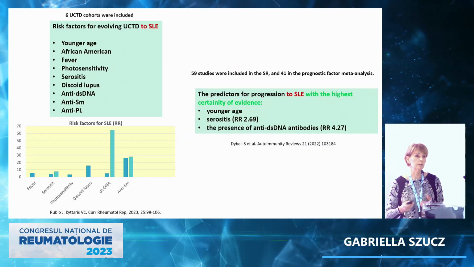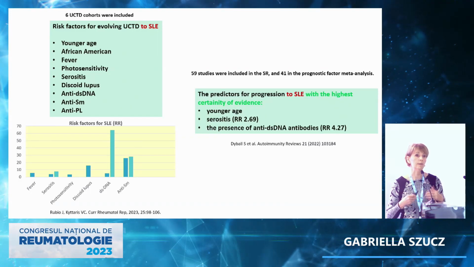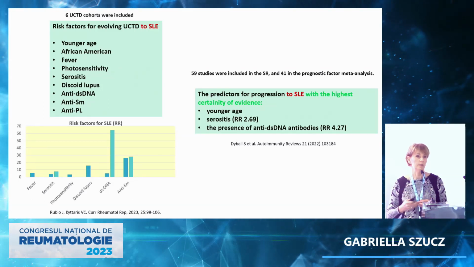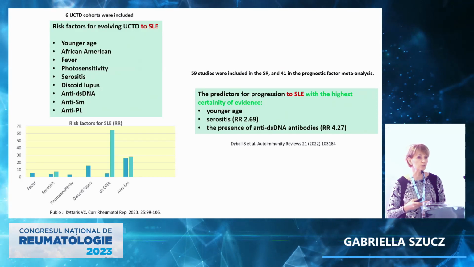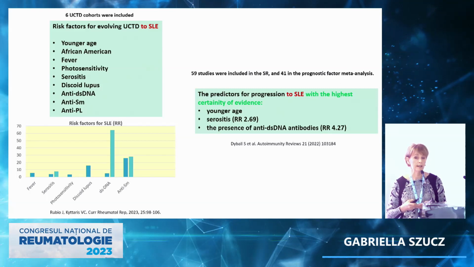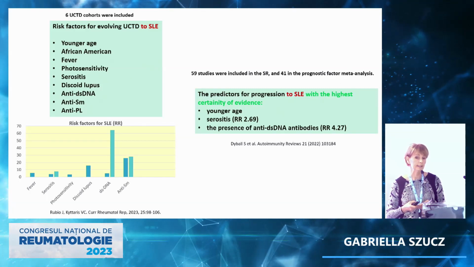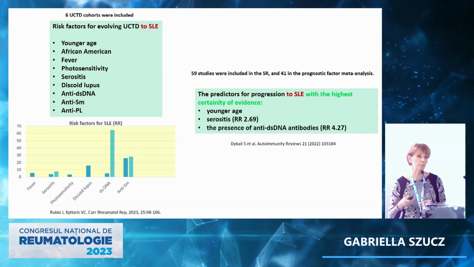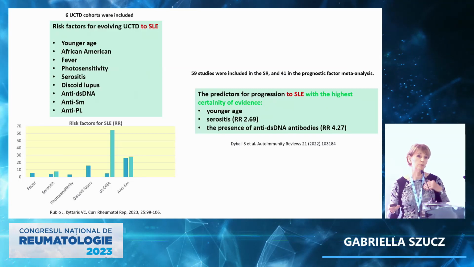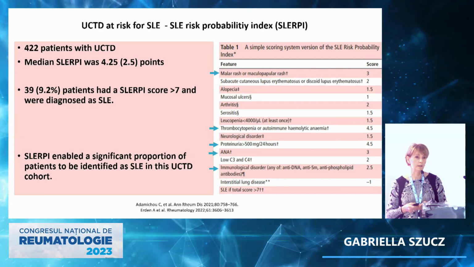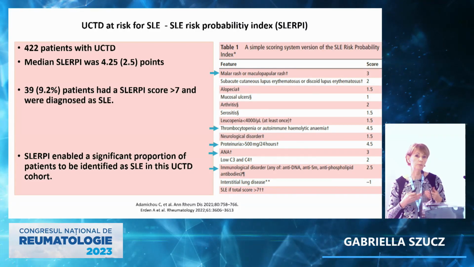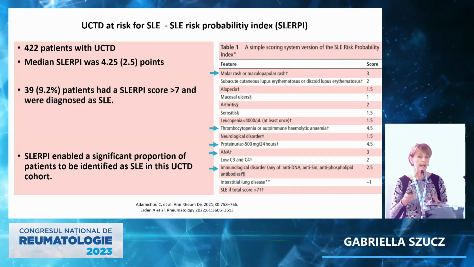And there is another meta-analysis for this risk, and it showed that the real strong predictors for progression to SLE were also the younger age, the serositis, and the presence of anti-dsDNA antibody. So if we have a patient with these parameters, as UCTD patients, we have to be careful about the evolution of the disease. Of course, the risk estimation can be improved by weighting some special parameters, and this was done by this